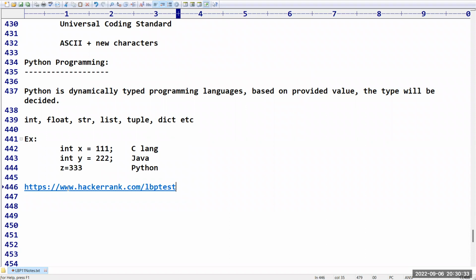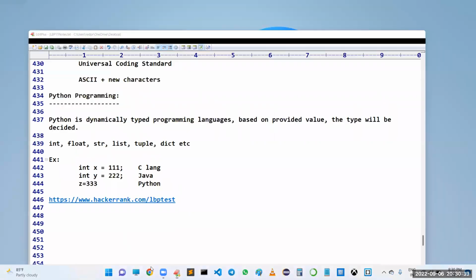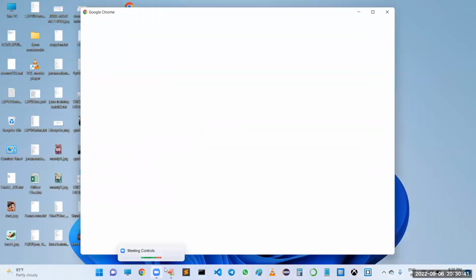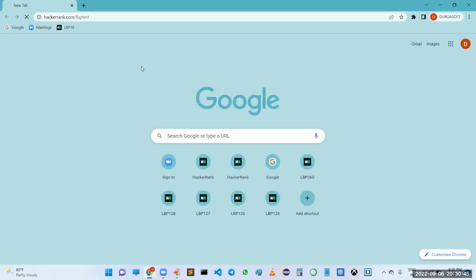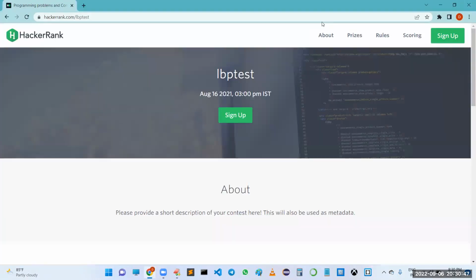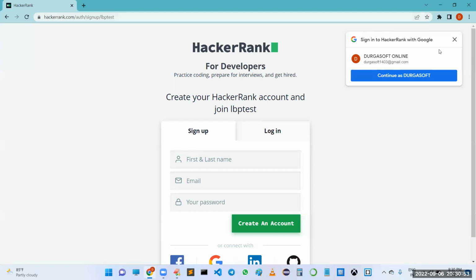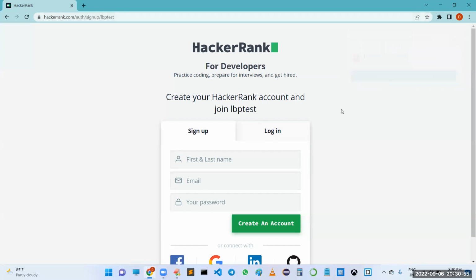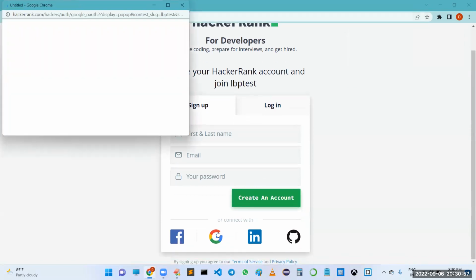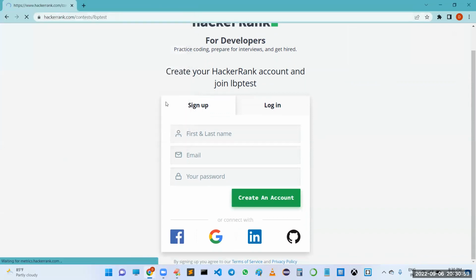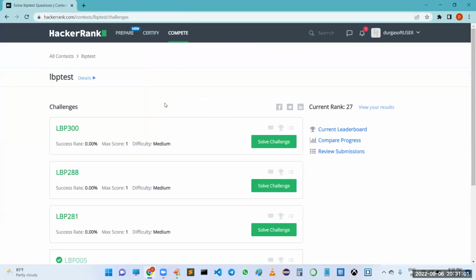Don't worry, Sumit. Sir, I already told you about the HackerRank demo link, right? In this, I added some programs, and we will practice those programs in today's session. I removed the previous programs and added some new ones. Sometimes it will ask you to sign up. You can continue, or you can go with your Google account. Select your account, and it will be redirected automatically.